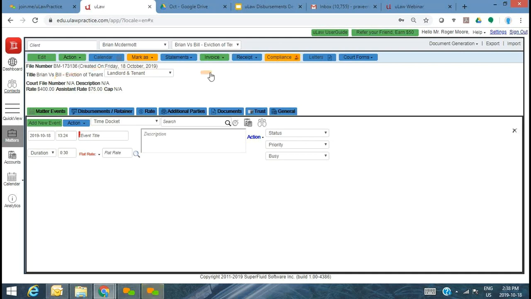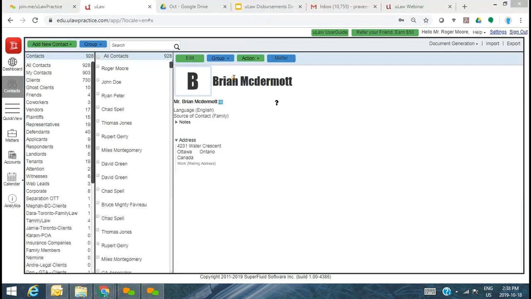Assuming that Brian is the landlord, Bill is the tenant, and it's really an eviction for the tenant, we can of course create other matters. But really the first step, the prerequisite that we speak about, is creating the client, creating a file. So let me jump into the particular matter, as you can see, for Mr. Brian McDermott.